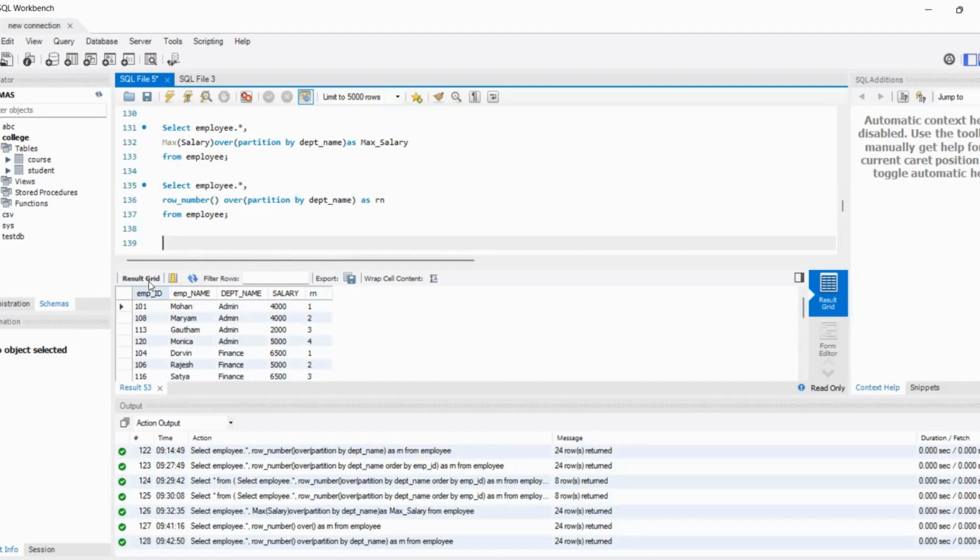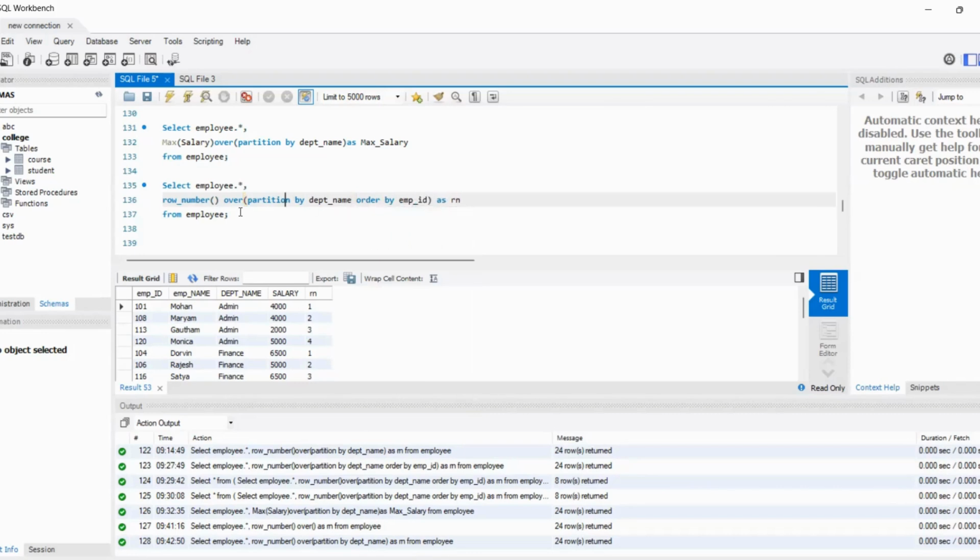But here in employee ID, the numbers are not sorted. You can see 101, 108, 113. We want to know which employees joined previously and which joined later. If the numbers are lower, that employee joined previously, and if the numbers are higher, that employee joined later on. So for that, we need to sort this employee ID first. For that, you need to write it with the department name. Now we are writing ORDER BY employee